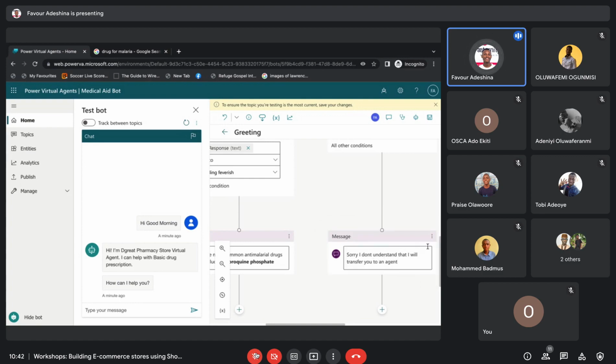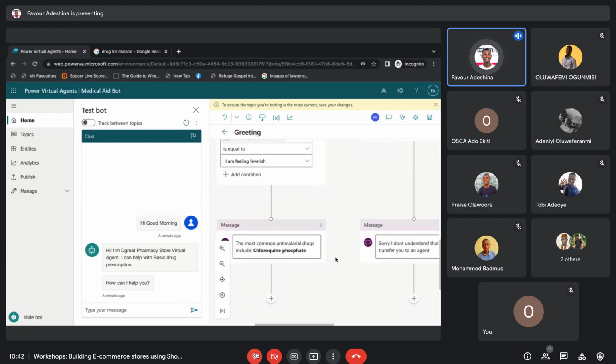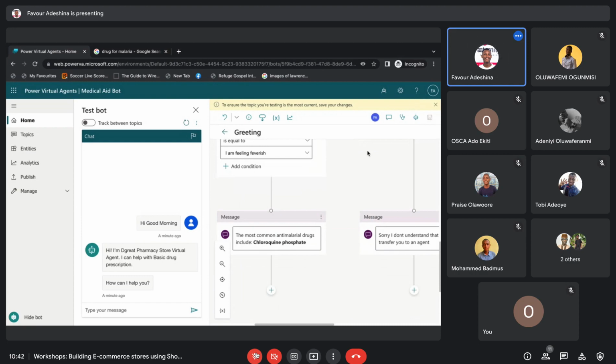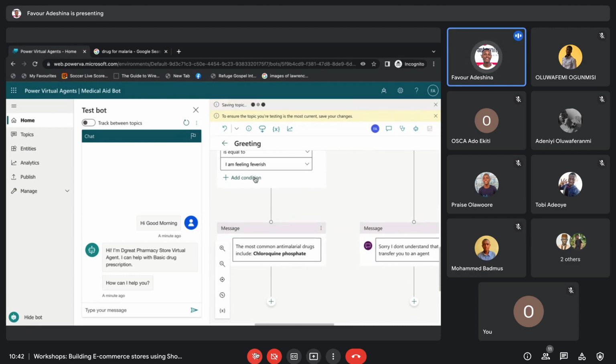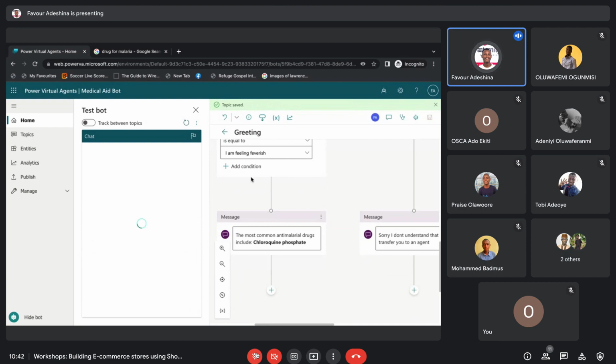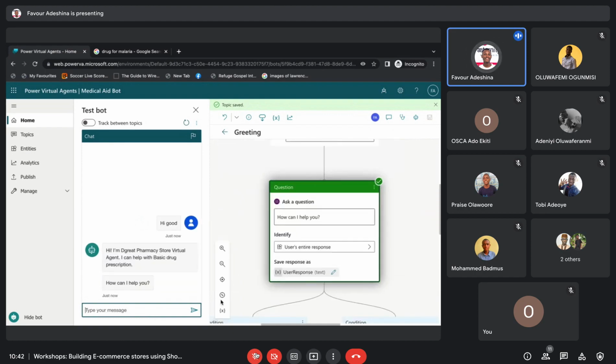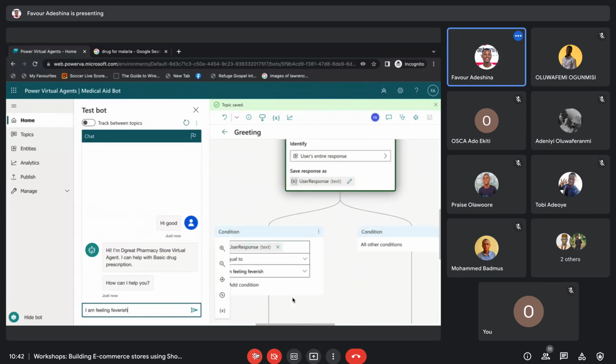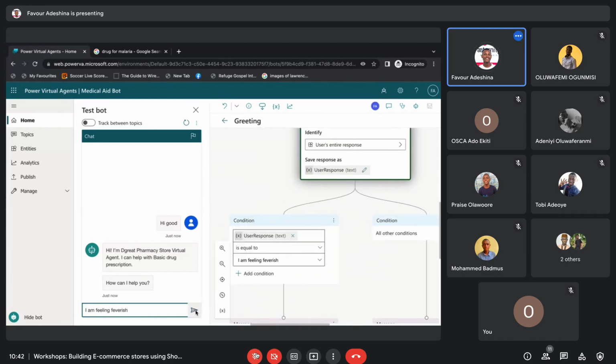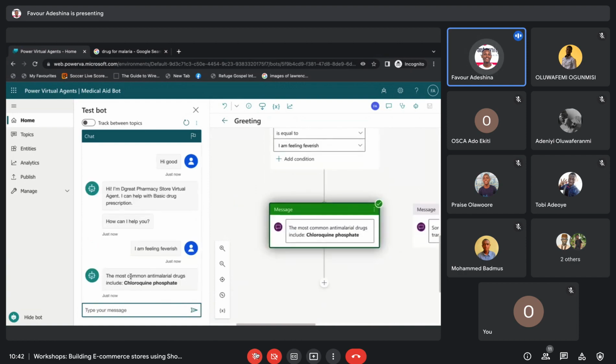So you can see I'm using the chatbot and I'm not writing any code, and then I can integrate this chatbot into any platform I want. Can create into a mobile application, can integrate it into a website, stuff. All right, please work. This condition. How can I help you? All right, so I'll be like, I am feeling feverish. That's not what I said. Okay. Feeling feverish. All right, it's worked.